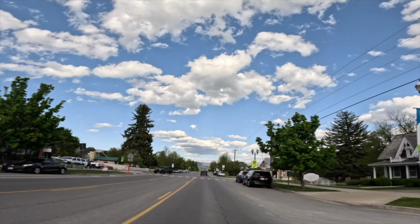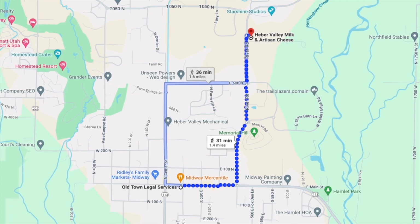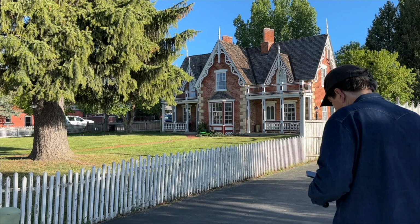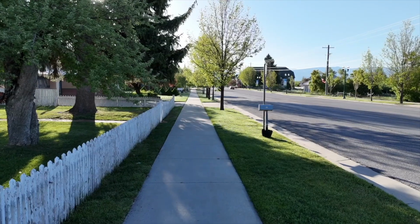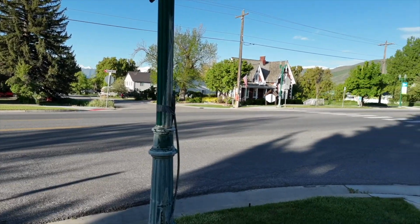Photo walking through Midway, it's pretty simple. Just start at the intersection of Main and Center Streets, where you will see 3 vintage Swiss homes on 3 of the 4 corners. Walk in any direction to see even more great buildings, go down side streets, and then continue down Main. If you do take Main all the way, past the post office and shops, and turn right